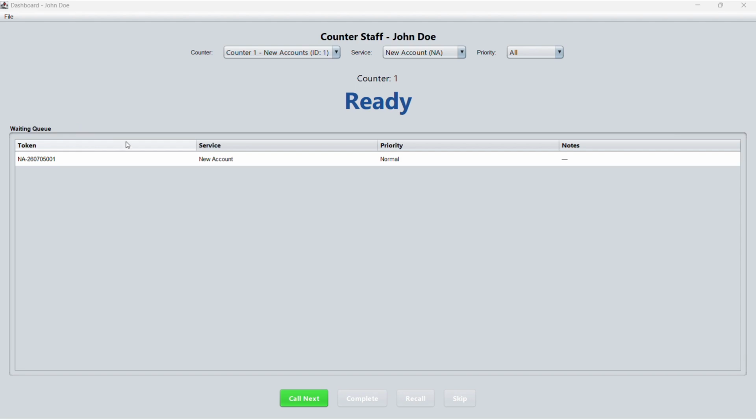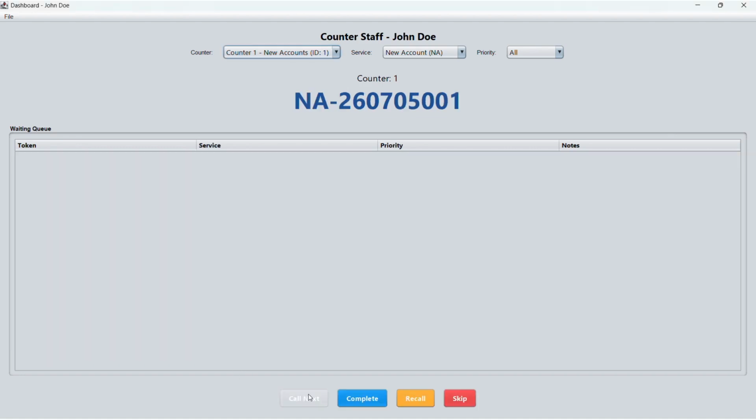The counter N8260705001 is visible. To bring the next customer forward, John simply clicks call next and the token is now flagged as being served.